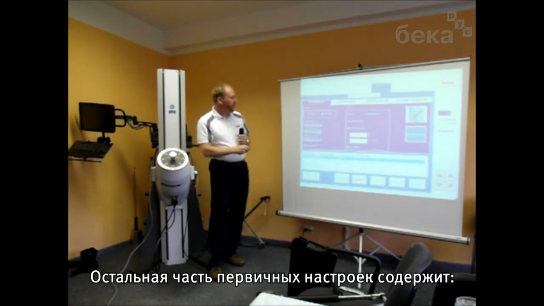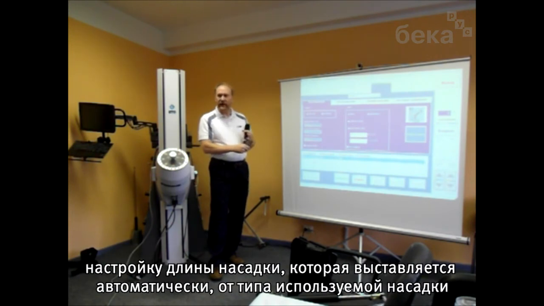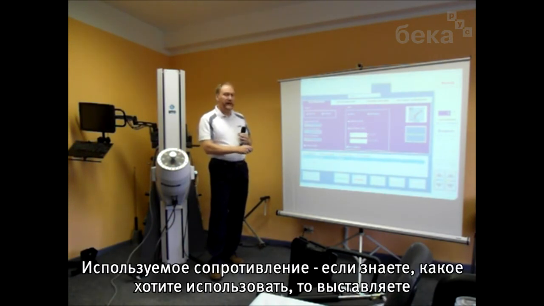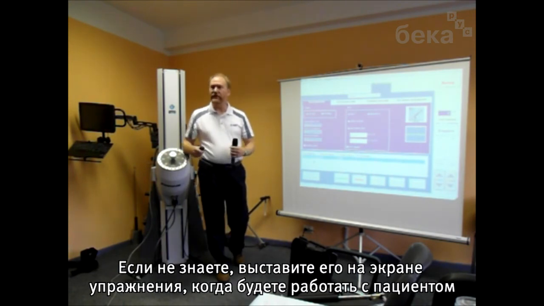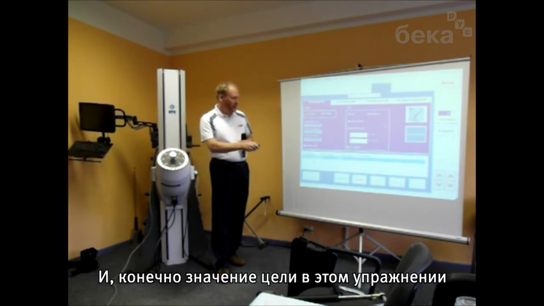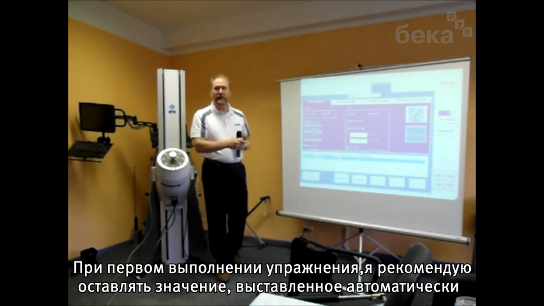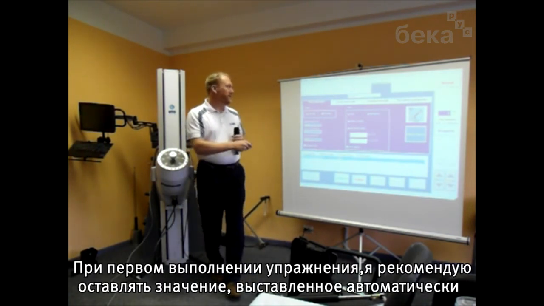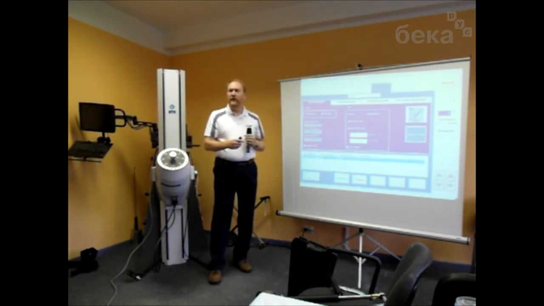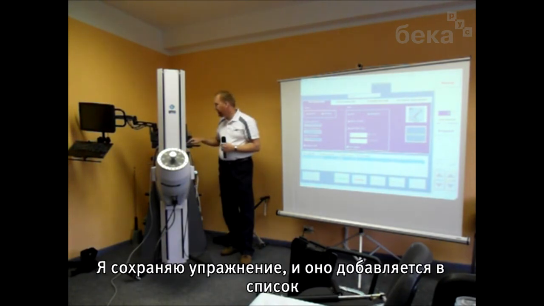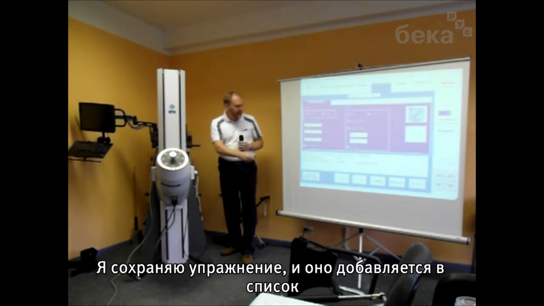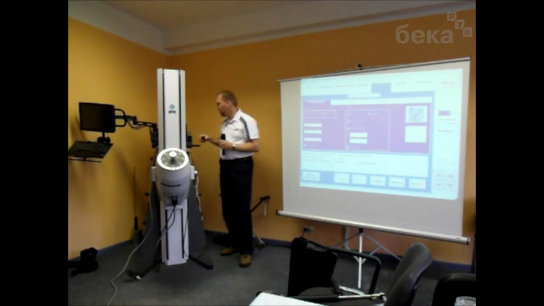The rest of the parameters include setting the lever length, which it will do automatically depending on what tool you've selected. Entering in the resistance you want to use. If you know what it is, you can set that. If you don't know what it is, you can set it when you get to the exercise screen when you're working with the patient. And then, of course, the goal option, which we discussed. The first time you do an exercise with somebody, I always recommend leaving it in the automatic mode, which means the exercise will just continue until the person gets tired. So when I hit save, it adds that exercise to the list, and then I can select it, go to the treatment screen,